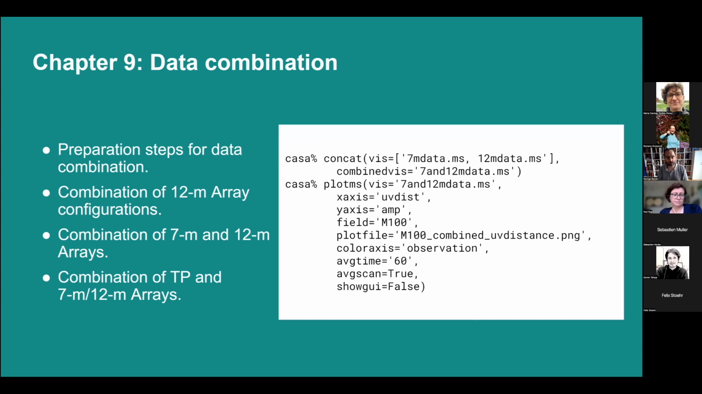Chapter 9 is a very brief discussion on data combination. When we were writing this document, we were quite conscious of the fact that we could easily write a 100 or 200-page document just on this specific topic. While it technically involves combining data from any two arrays, including any of the two arrays that comprise ALMA,